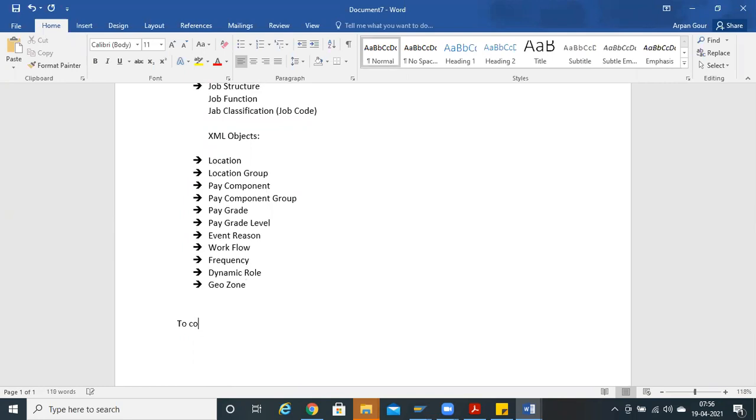To configure MDF objects, the action name is nothing, it's simple. Configure object definition. Like anything you want to configure in legal entities, in standard objects, or any MDF objects you want to configure, the action name is configure object definition. This you have to just remember.